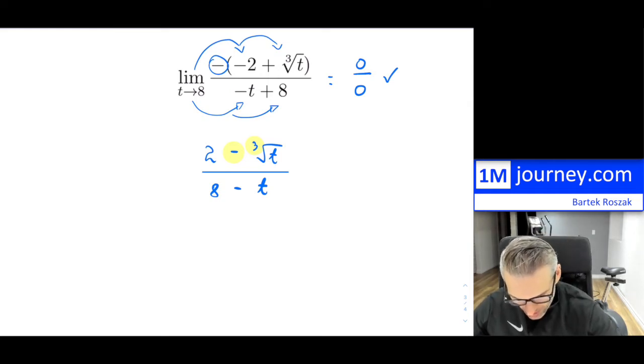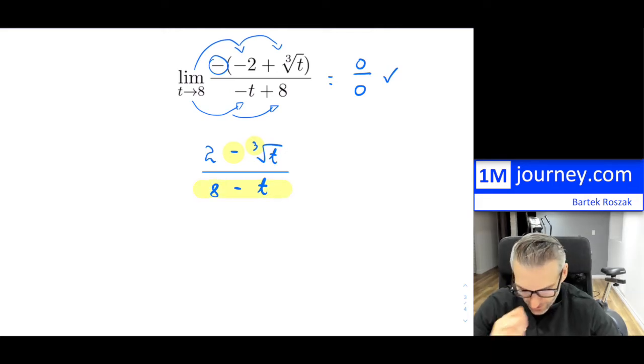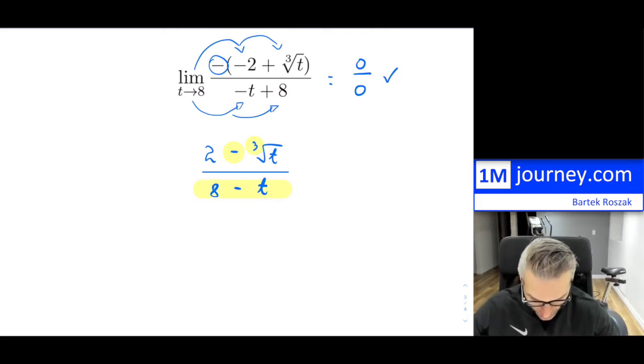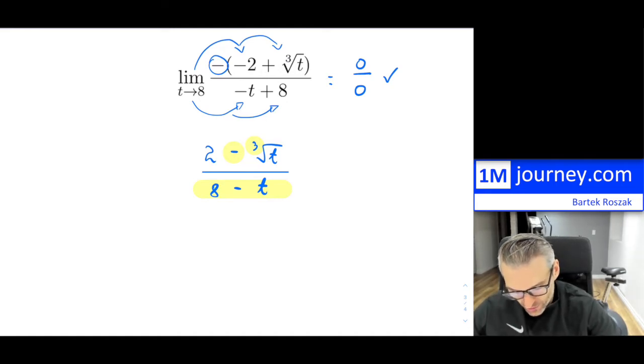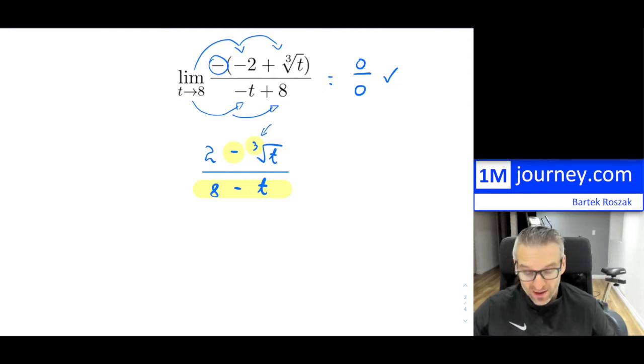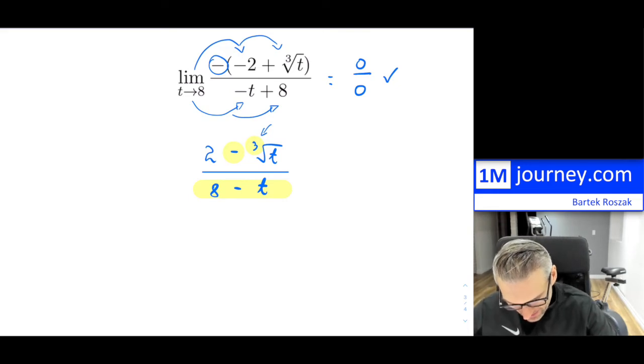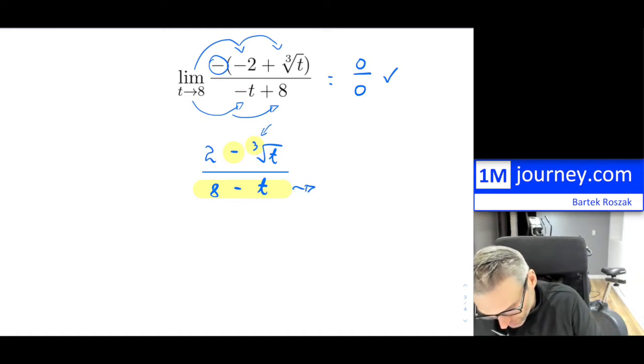So what is going to work? Well, let me take the denominator. I'm going to try to use factoring in some way. Now I know the third root of 8 is 2, because it's the third root, right? And now notice I have 8 in there. So I can technically set it up as a difference of cubes. So if I take this as a difference of cubes, so if you remember,